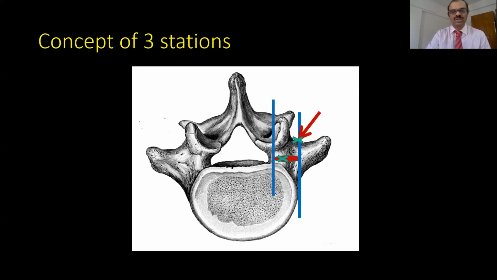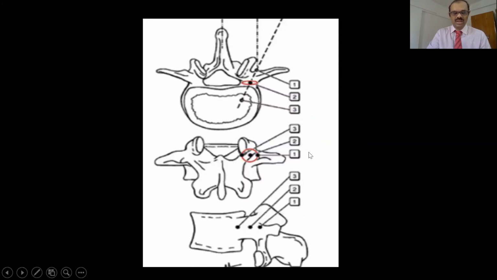And as we go in, once you breach the posterior cortex of the vertebral body, we can see that the oval shadow corresponds with the medial border of the pedicle shadow, and we must ensure that the screw tip remains within this boundary, or within the medial one. After that, maybe we can go at an angle and cross the oval shadow. So this is how it is: station 1, station 2, station 3.